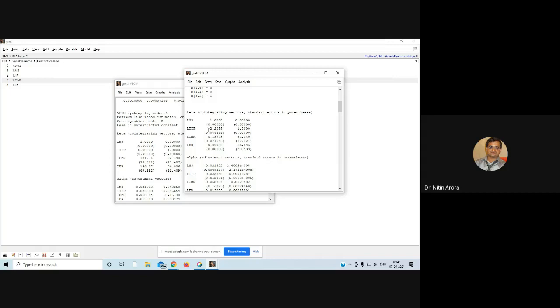And in these new coefficients, I told you, if it is a negative coefficient, you have to interpret it as a positive effect, because when we take the coefficient to the right hand side, then obviously the sign will change. So this is appearing as LM3 as a positive function of output, IIP. As IIP will change,